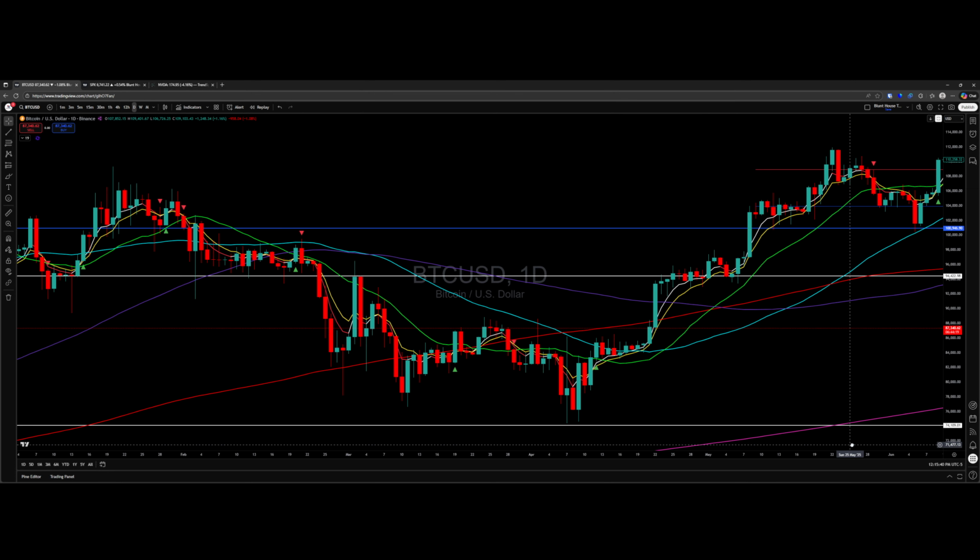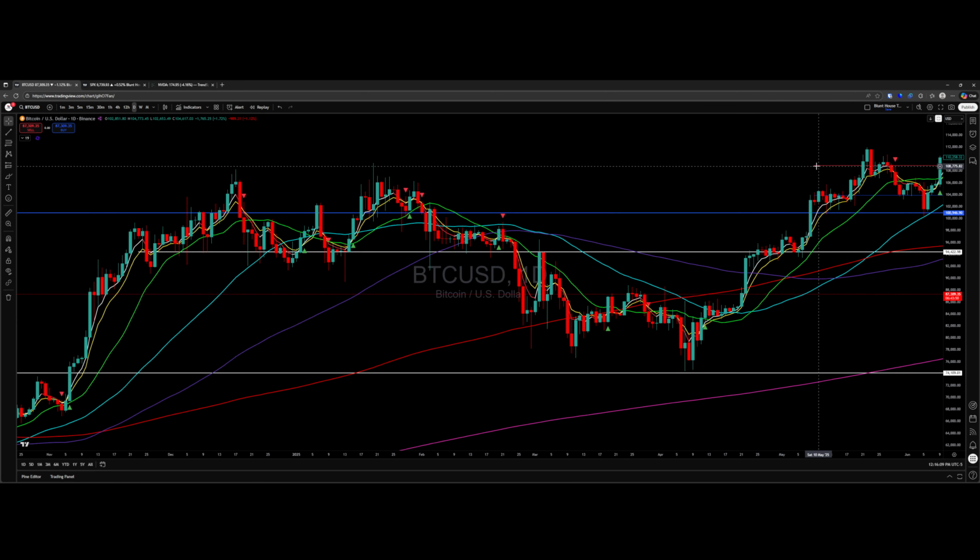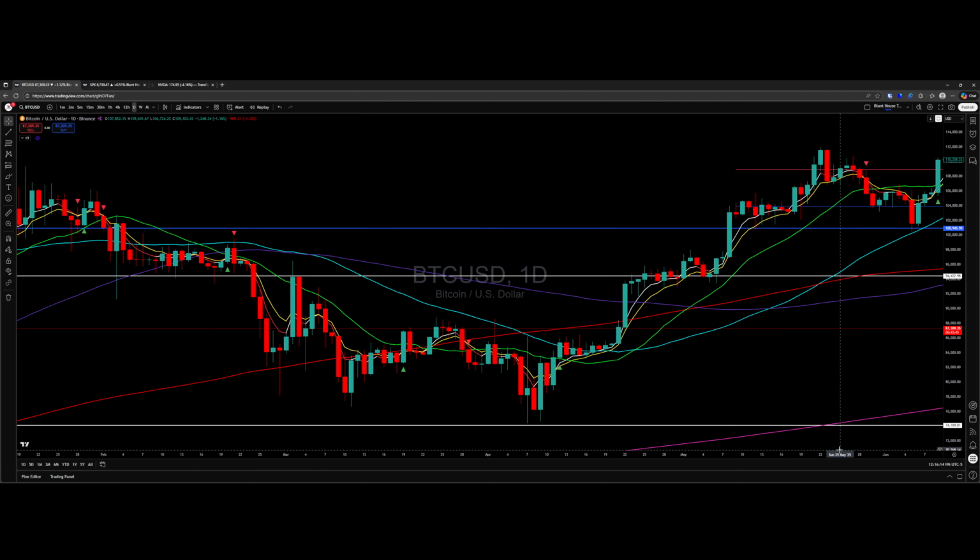What happens when you bounce off the 50? You get a real nice pop. Why was the bounce more likely than not? Because it was the first touch of the 50 since it broke it here. Typically those hold, or have a higher probability of holding. But when price fails a level, and this up here, we know what this is. This thin red line is the point of control on the volume profile. This thin red line, or thin blue line, is the lower value range.